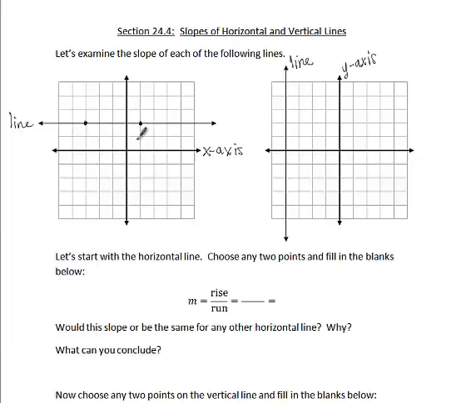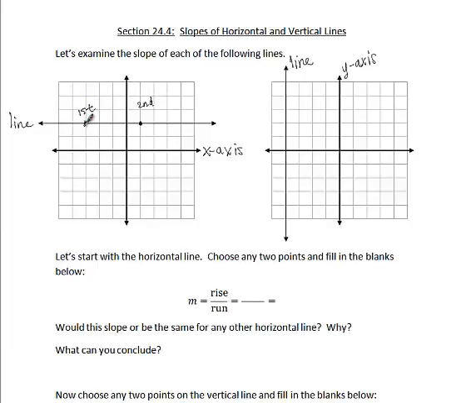Any 2 points on a straight line is going to result in the same calculation for the slope. I picked these two. If we apply rise over run, how much do we go up or down in order to be in line with the second point? And if I call this one the first one and this the second one,